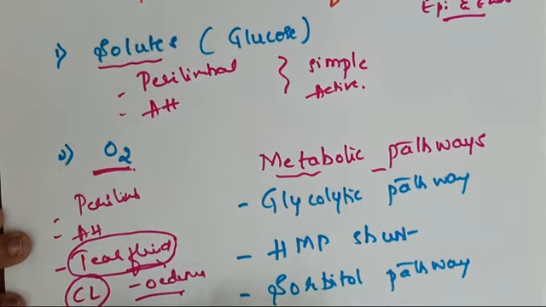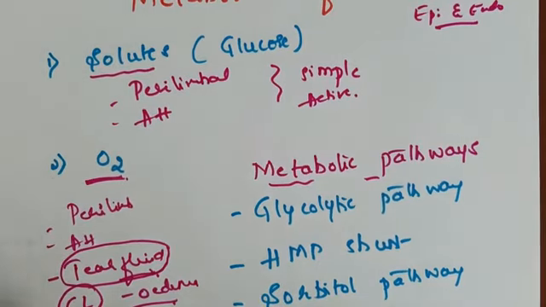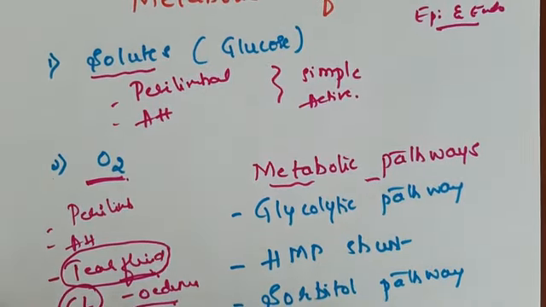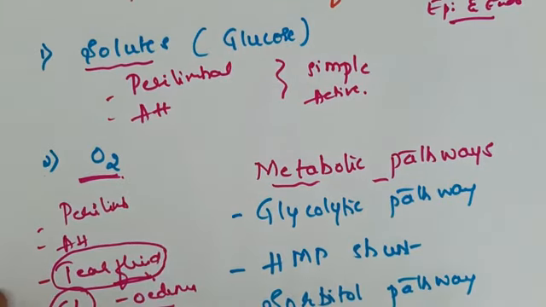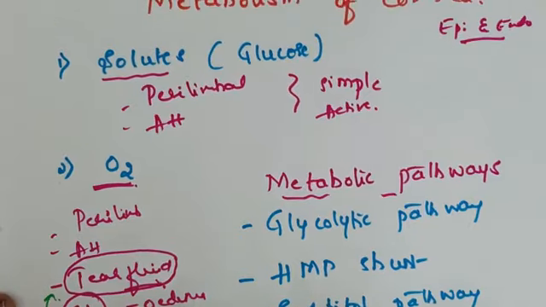Coming to the epithelium and the endothelium. The endothelium needs both oxygen and glucose for its metabolism, whereas the epithelium can metabolize glucose without oxygen also. That is, glucose is metabolized both aerobically and anaerobically. So in a hypoxic situation, lactic acid is produced from the anaerobic pathway, and there are chances of accumulation of lactic acid whenever the epithelium is deprived of oxygen. As I told you, in contact lens users this is the reason for corneal edema. So this is about the metabolism of the cornea.